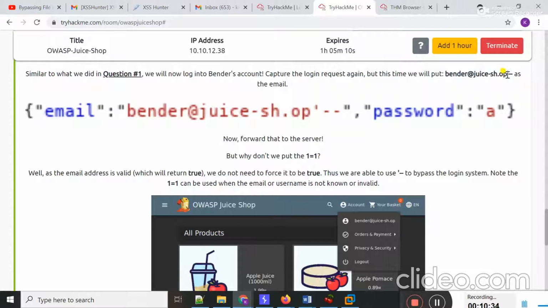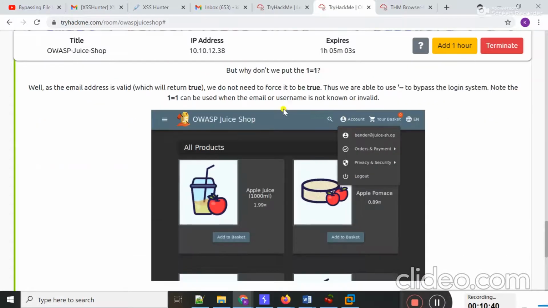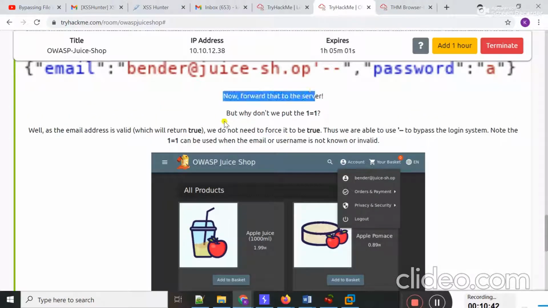How is this possible? As you know, I used the single quote and hyphen hyphen payload. Now forward that to the server, but why don't we put 1 equal to 1? Well, as the email address is valid, which will return true, we don't need to force it to true. Thus we are able to use hyphen hyphen to bypass the login system.